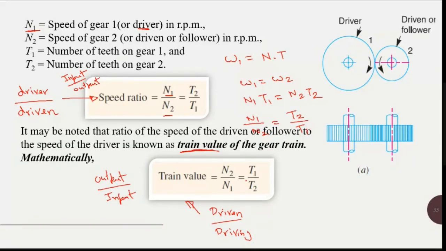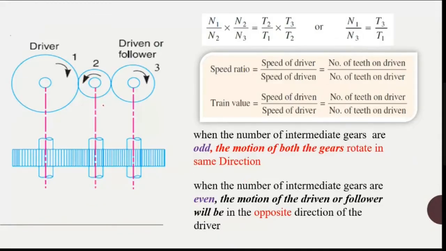Right? So which is what we will get something like this. Let me consider here. So you have 3 gears now. How to identify this? When I consider the first and second, these two are in meshing. In that case, this is my driving gear and this is my driven gear. So I can write n1 by n2, driving divided by driven.